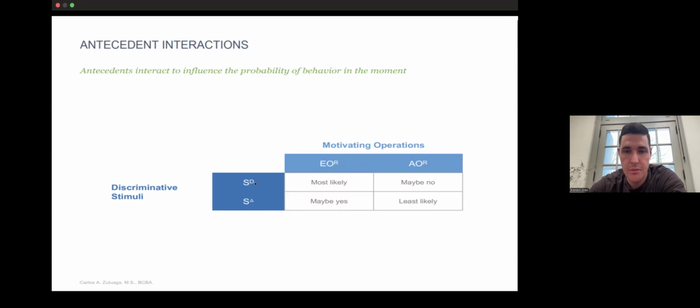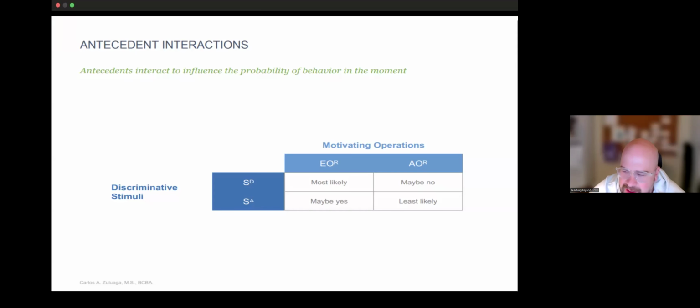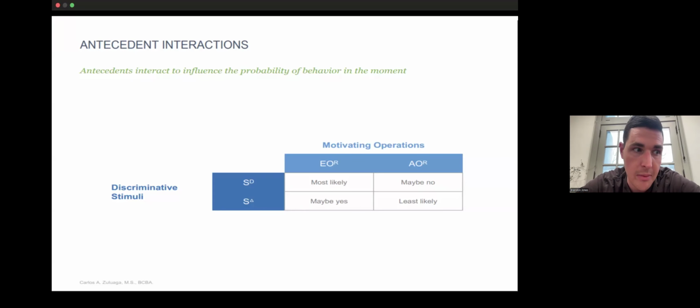So if the SD is in place and it establishes reinforcement as a consequence, I'm more likely to engage in the behavior, as it shows that reinforcement is available. The open sign, there's something that I want to engage in to satiate whatever need it is. Can an example of the other one, abolishing, be a restaurant if you're hungry? So let's say I'm hungry and I'm in a parking lot and I see the restaurant, that would establish that reinforcement would be available. Is that what you're saying, Mike?